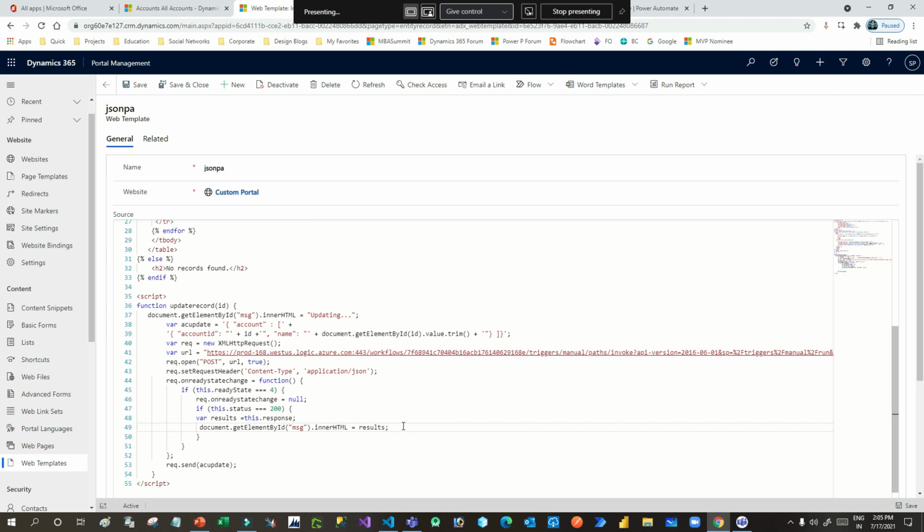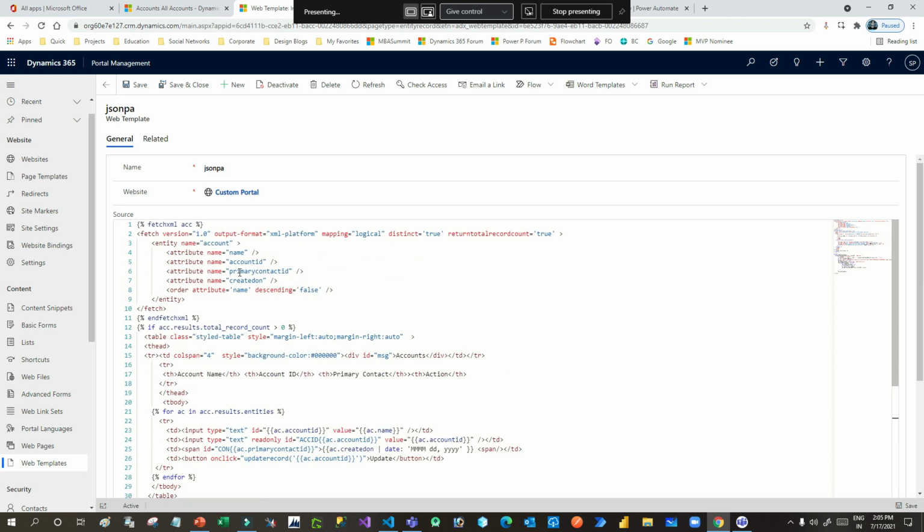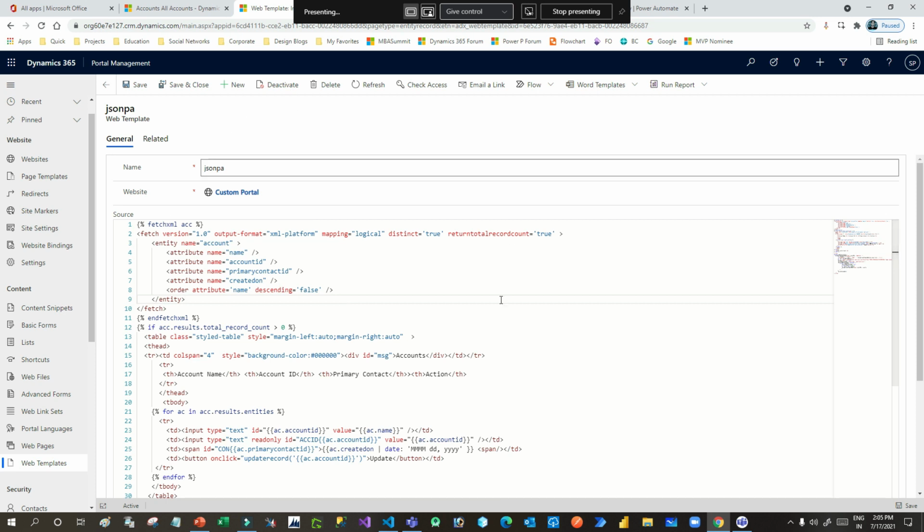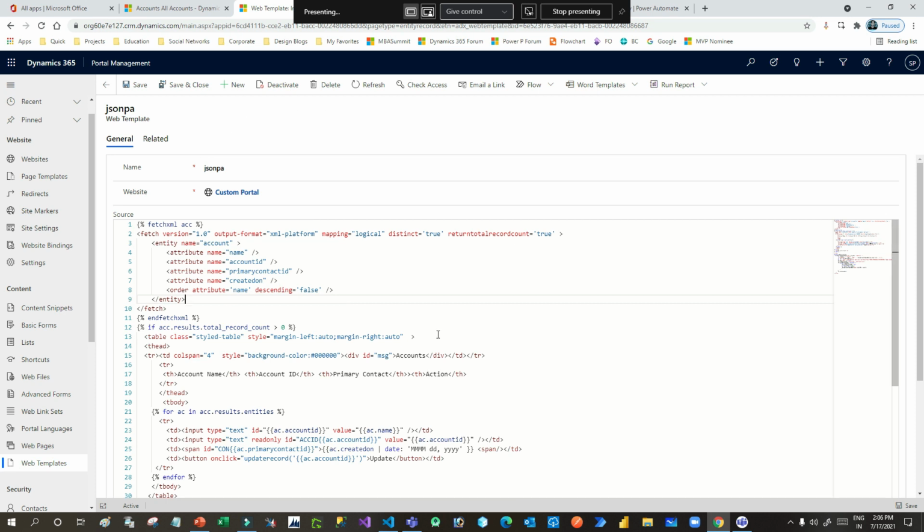Now in the second phase, we will discuss how we can edit these things using Visual Studio Code, because working in this area sometimes becomes clumsy. It's not that flexible because there is no IntelliSense, right? But Microsoft already introduced Power Apps CLI commands, so that we can download all the portal content to Visual Studio Code, and we can edit, then change, then upload. That's it, right? So let us see how it can be done.